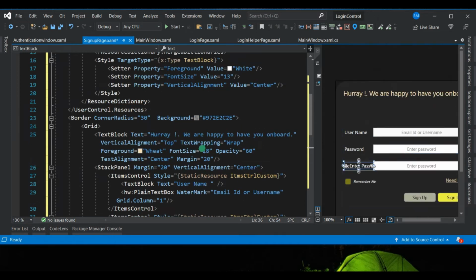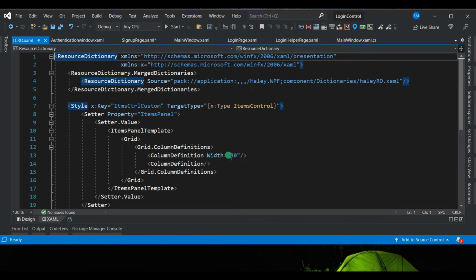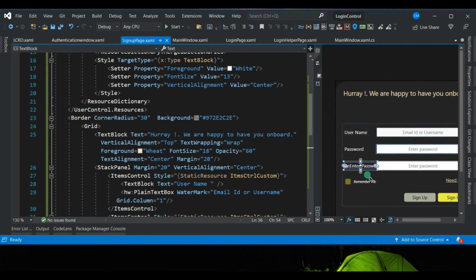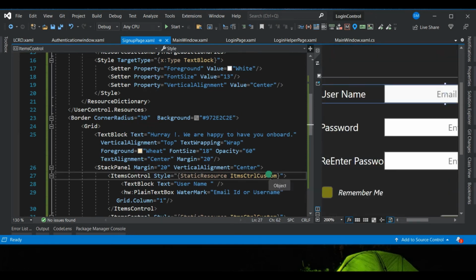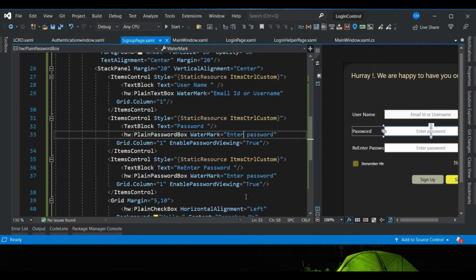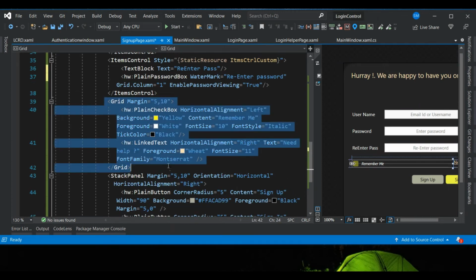Okay, so let's go to the solution, and this width 80 is not sufficient enough, make it 90. Sign up page, re-enter password. Let's keep it as pass, that's it, and re-enter password. And we don't have remember me here, obviously,